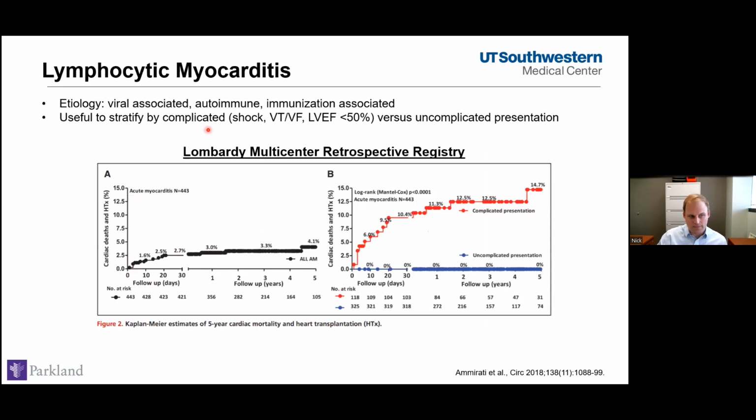Now, again, I touched on the idea of trying to stratify by presenting disease state. And so they define complicated as someone presenting with cardiogenic shock, VT/VF, or a reduced ejection fraction, as compared to an uncomplicated presentation, which is really a predominant presentation for most patients with myocarditis. And that tracks very closely with short and subacute prognoses for these patients, which is really important as we start to think about risk stratifying these patients